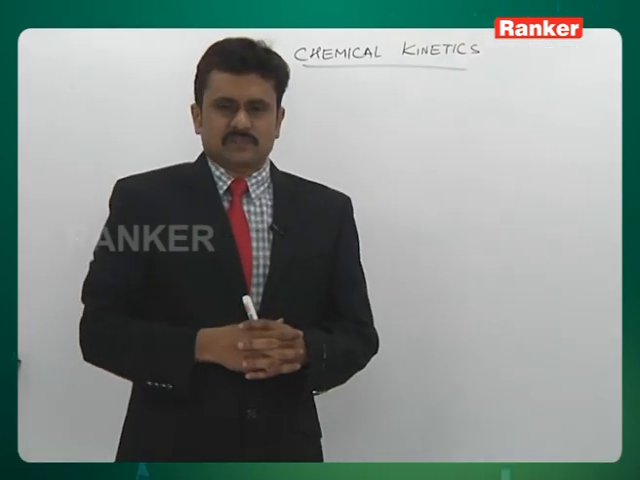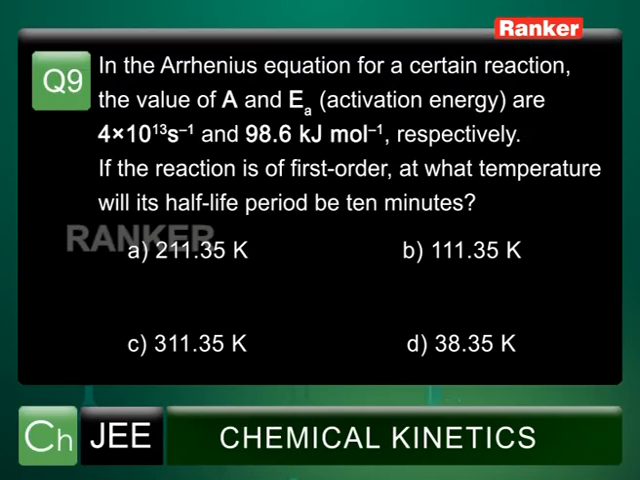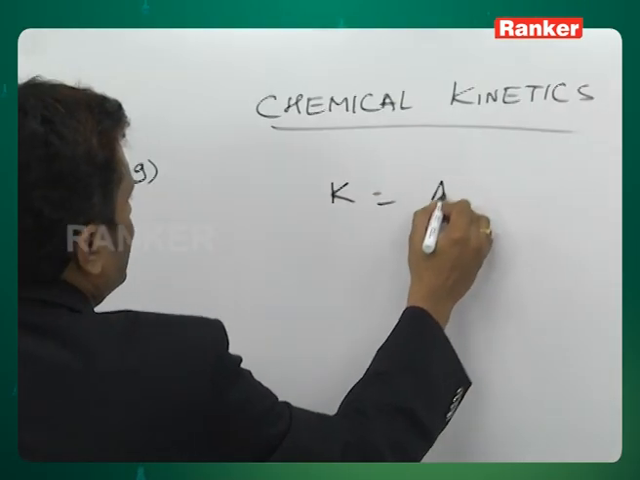In the Arrhenius equation for a certain reaction, we have been provided with the values of Ea and A, which are 98.6 kilojoule and 4 into 10 to the power 13 second inverse respectively. If the reaction is of first order, at what temperature will its half-life period be 10 minutes? So once again the question is on the Arrhenius equation, where k you will be writing as